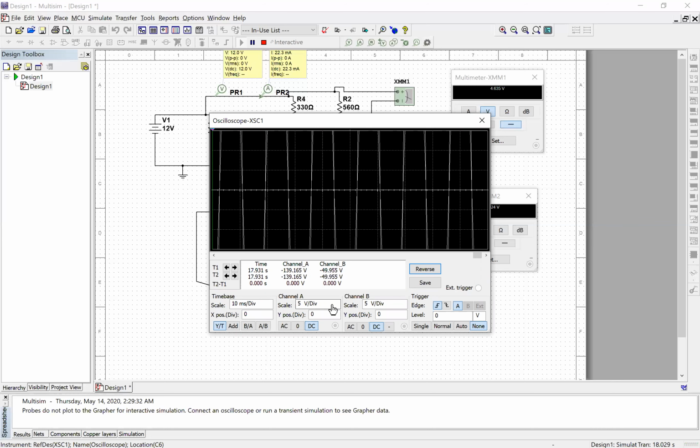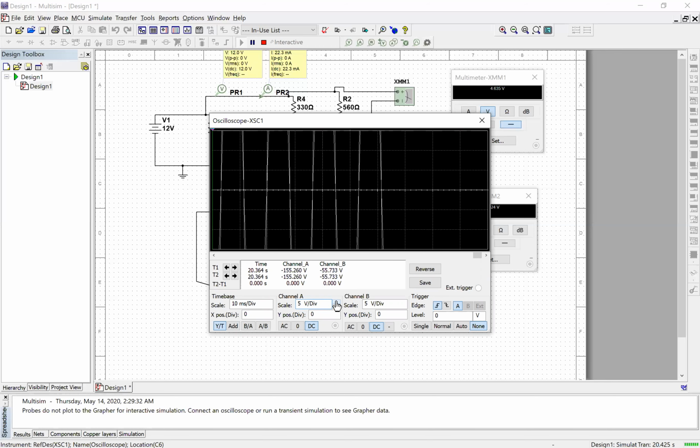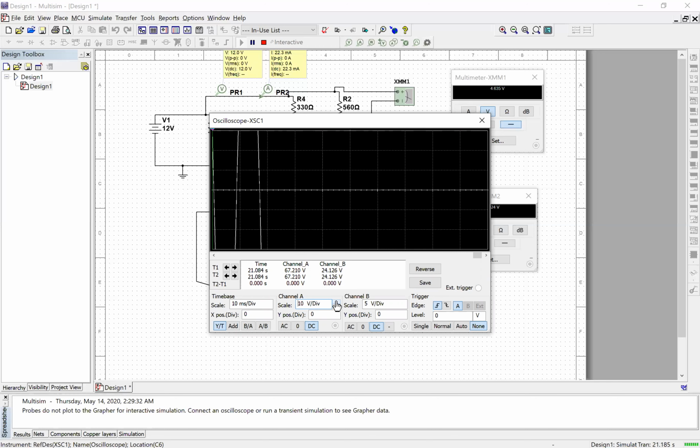I need to change the scale of this volts per division. Right now it's set to 5 volts per division, and my 120 volt waveform is gone right off the screen because it's so large. So let me set both channels to 100 volts per division,